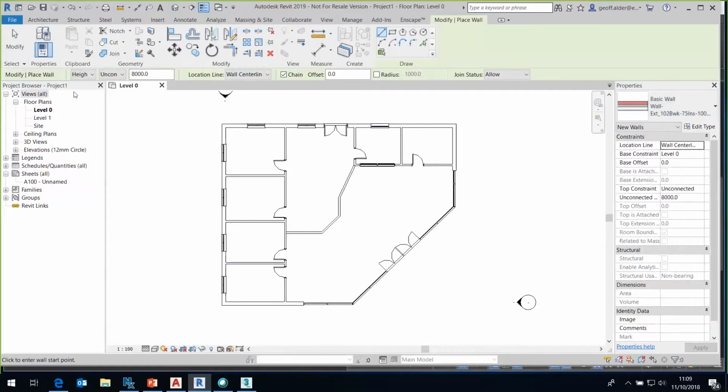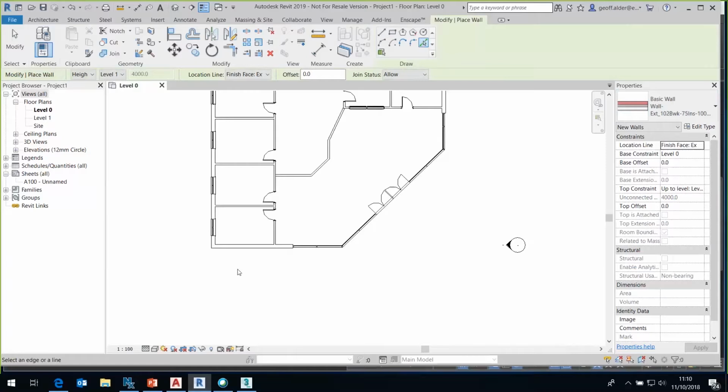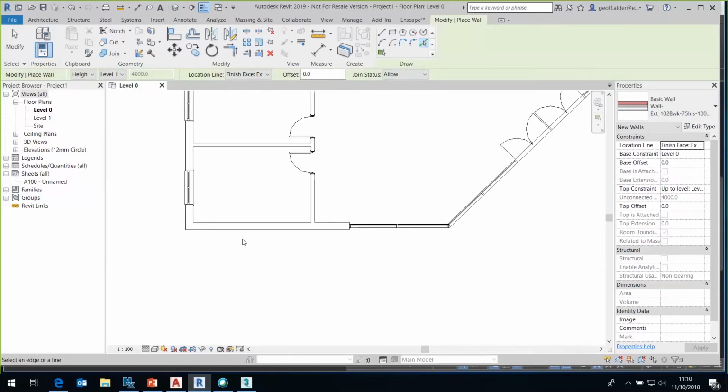So what I'm going to do here is, looking at the way that the wall is created, I'm going to say its height, and I'm going to say it's going to go up to level 1. But here I'm going to place this basically finish face exterior, something like that. So I can click on the pick lines. Now simply what I'm doing here is creating a wall based on that